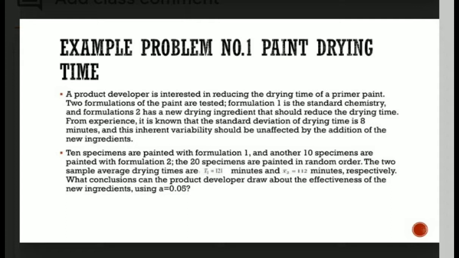10 specimens are painted with formulation 1 and another 10 specimens are painted with formulation number 2. The 20 specimens are painted in random order. The two sample average drying times are x sub 1 bar equal 121 minutes and x sub 2 bar equal 112 minutes respectively. What conclusion can the product developer draw about the effectiveness of the new ingredient using alpha equal